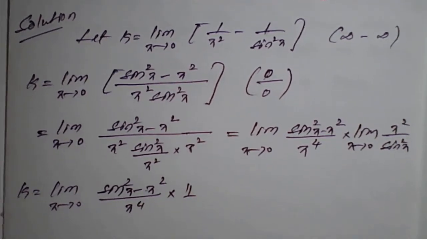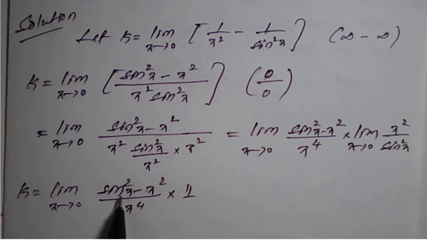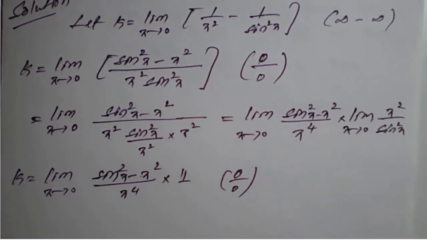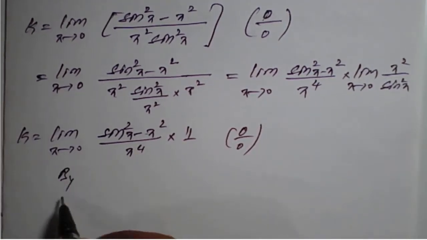Now check, why it is 1: as per the standard limit identity. So therefore again if you apply x tends to 0, 0 minus 0 is 0 upon 0, so it is 0 by 0 form. So now I can go for L'Hospital's rule. What L'Hospital's rule says here: by L'Hospital's rule,